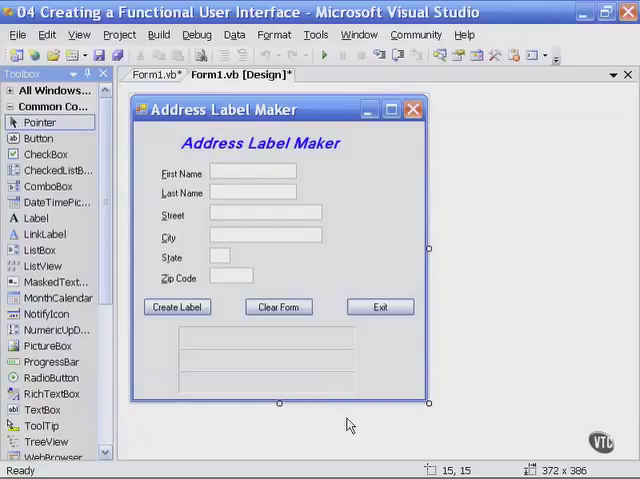Now returning to our form, let's create a comment for the clear form button. Now we'll discuss the code for the clear form button shortly, but the first thing I want to do is to comment that. So I simply double click and that opens up my code window for my so-called reset form button. And I simply want to begin with an apostrophe and write a comment such as, this button will clear the contents of the text boxes